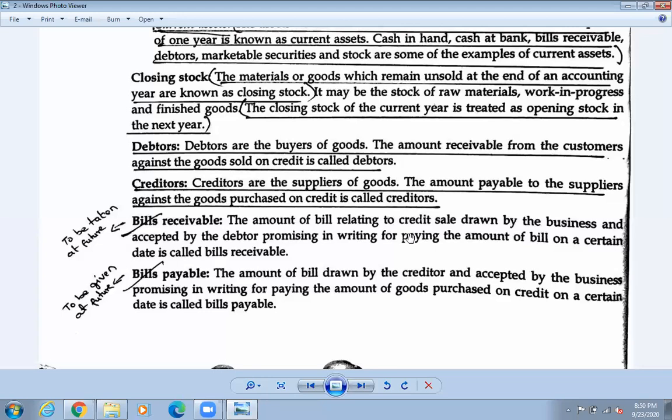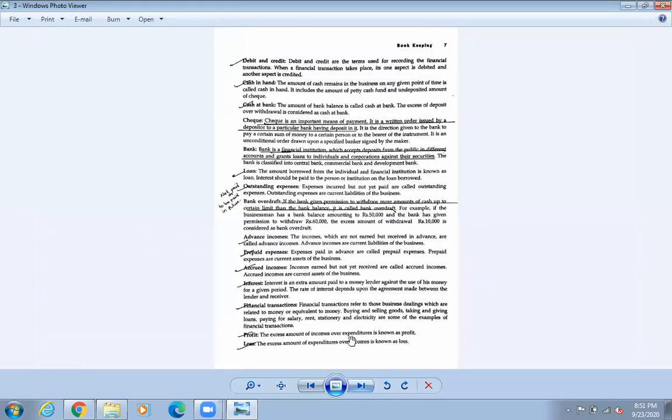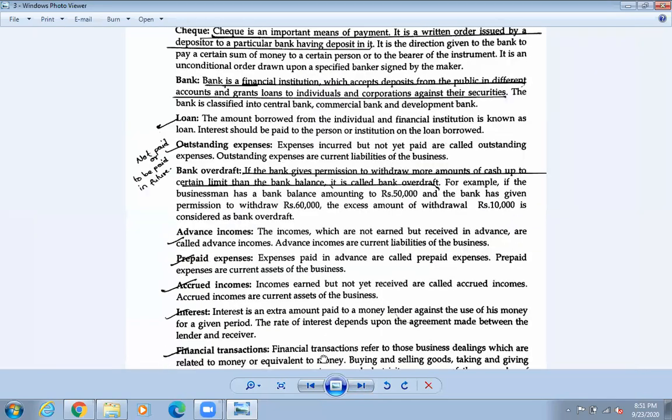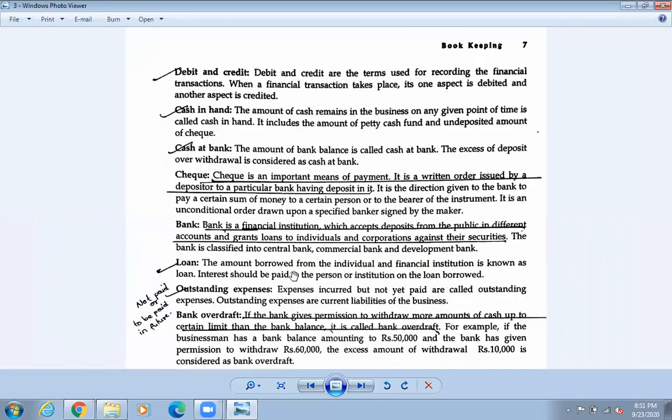So that is the bills receivable. Bills payable means I need to pay someone. Suppose I am Birke Bahadur. I have taken the loan from that Saudi. So I need to pay, but still I have not paid that Saudi. So that is the bills payable. So the amount that is to be paid, but in the future. जुन चाहिँ मैले पछि तिर्नु पर्ने छ, that is called the bills payable. Okay, so that thing we learned yesterday. A short recap for that one, and let us learn the new topics today.